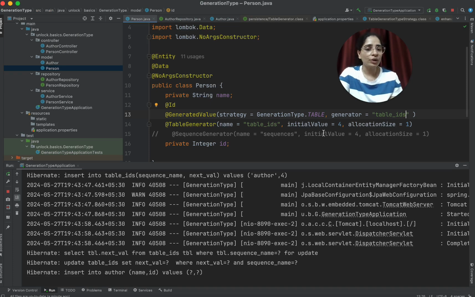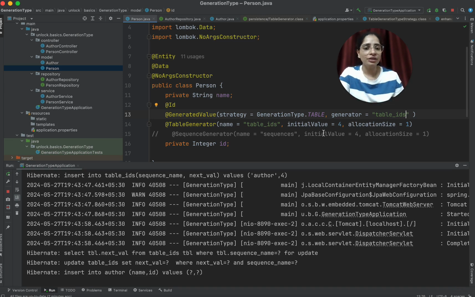So that means you can have this generation type table. It creates a table by the name called Hibernate Sequences, and inside this the sequence name is coming as default and the initial value is 0 by default and the allocation size for this table is 50. You cannot use the same table for multiple entities because in that case it will fail and says the duplicate entry, but you can define the generator and you can have n sequences inside the table. But inside the sequence you are not defining the table names, you are just defining the next value, and multiple tables can select the data from that table.